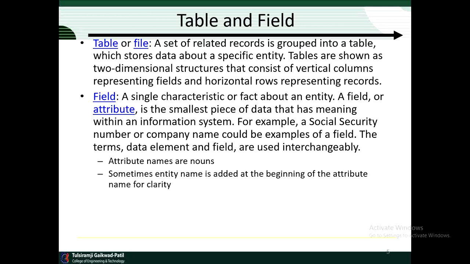Sometimes the entity name is added at the beginning of the attribute name for clarity. So this is all about the entity and attributes.